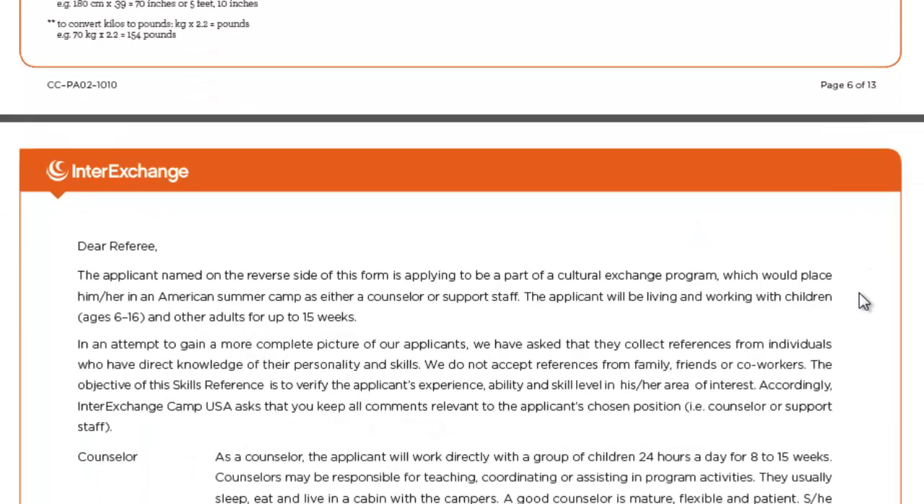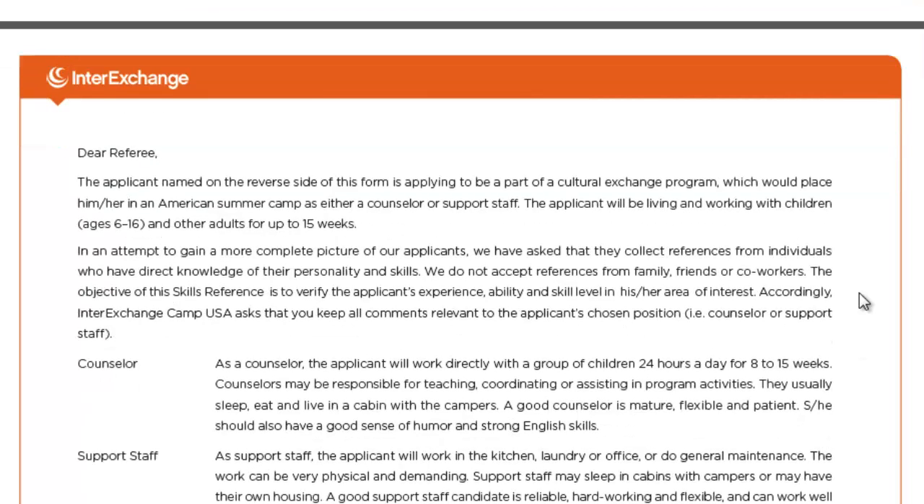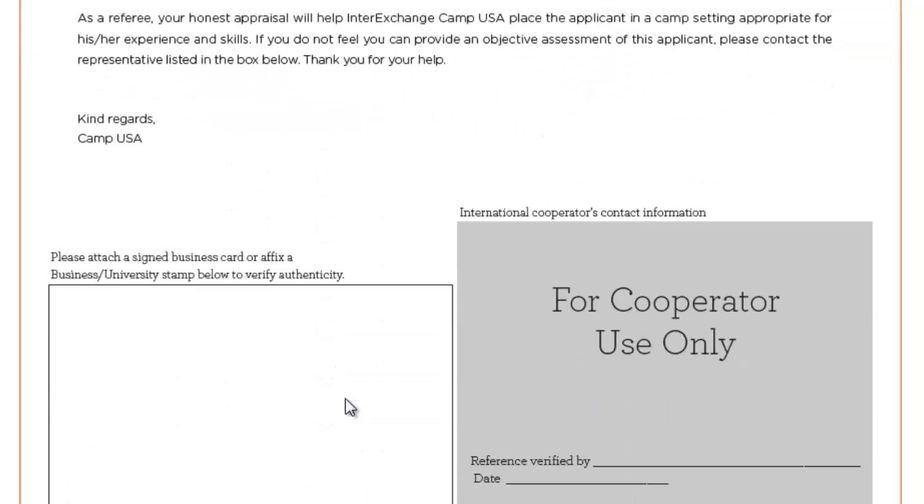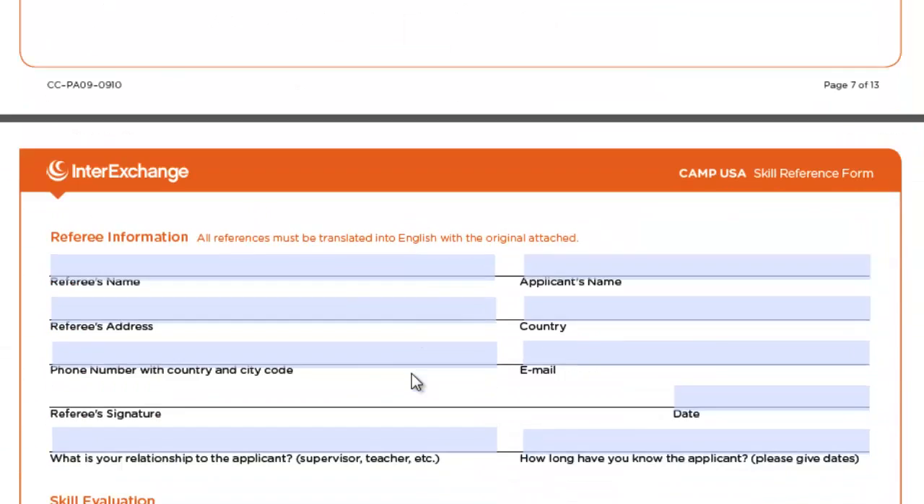And now here comes the 2 pages of character reference that you should get from your previous employer or teacher or person like this. No family member or friends. The restrictions are described above in the checklist, and this side is for the referee to read and put the stamp here, and the opposite side of the paper